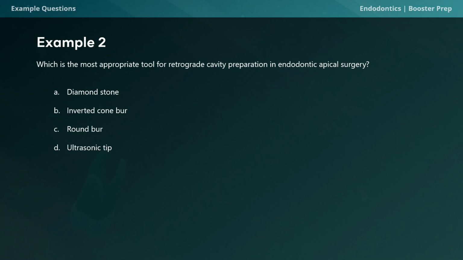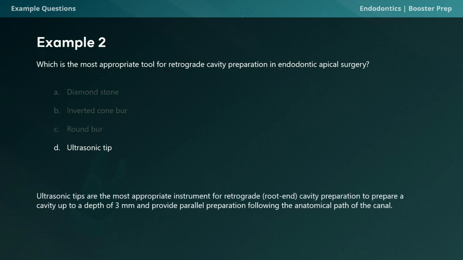Which is the most appropriate tool for retrograde cavity preparation in endodontic apical surgery? Pause the video if you need, and the answer is ultrasonic tip. This was a gimme question. If you guys missed this one, go back and watch the video because you missed some important information. The ultrasonic tip is the most appropriate instrument for